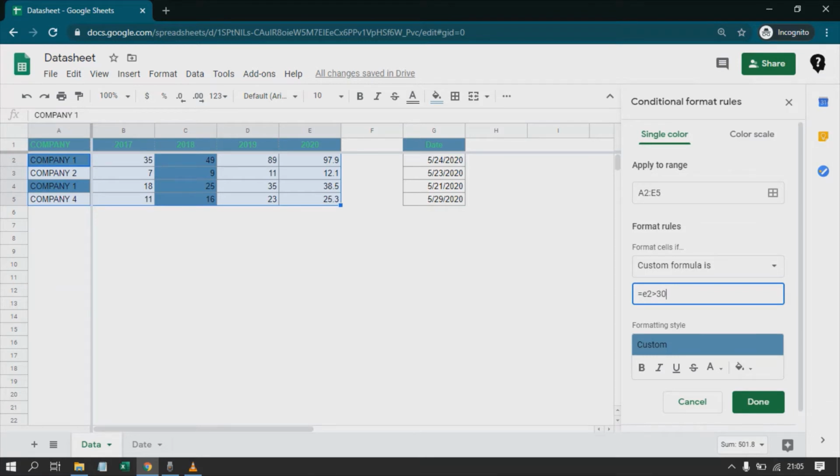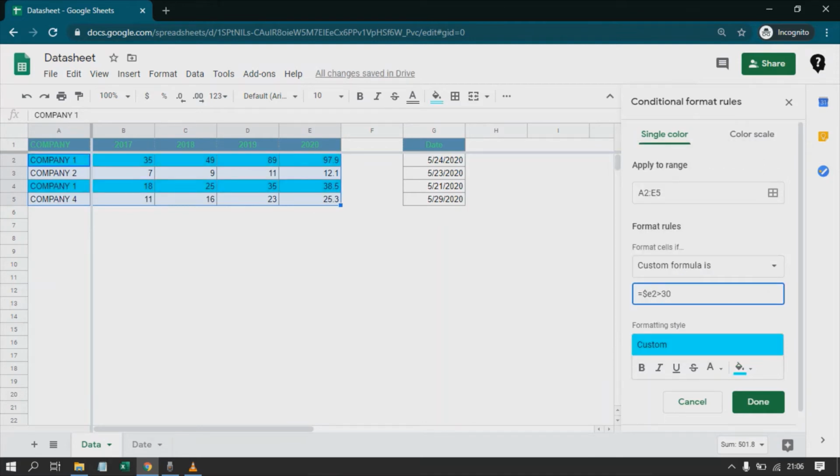My condition is also getting satisfied. It is giving me the results, but why is it only highlighting these many cells, and why not the entire row? The reason is because when we say E2, it's not a static reference, it's a dynamic reference. So as my data range is changing from E2 to E5, this is also kind of a moving reference, we can say, not a static reference. What we can do to make it static, we put a dollar sign here. Now see here, wherever it is satisfying my condition, the entire row is now getting highlighted, right?